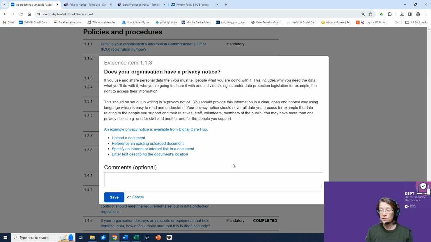So to answer this question, you need to upload a file. And you can do that in one of four ways. You can either upload the actual document itself, reference an existing document if you've already uploaded your privacy notice to another question in the toolkit. You can specify an intranet or an internet link to that document, or you can enter text describing where that